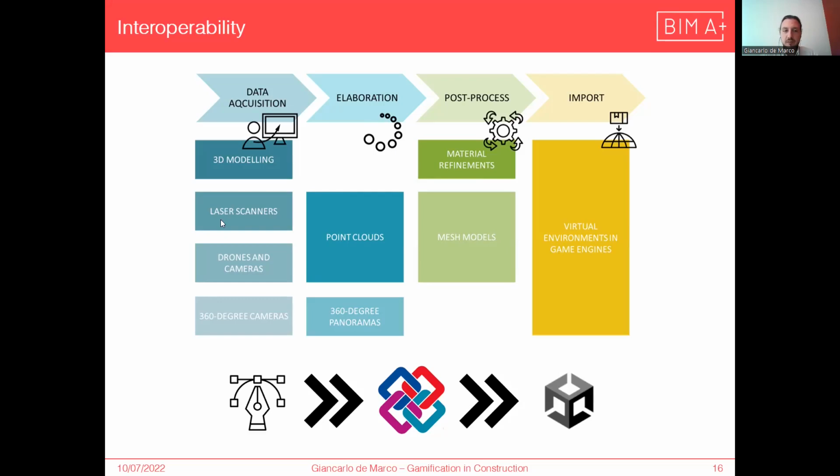What can we do? We can try to import an IFC. What's the problem with importing an IFC? Unity is not a BIM software, it's not certified by buildingSMART, and the import of an IFC file is not part of the software.